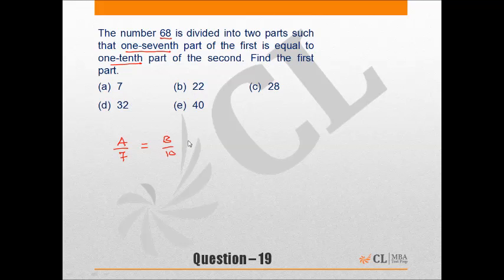Now this implies that A has to be lesser than B, or A has to be the smaller part and B is the bigger part. Those of you who are not very clear about it, most of you would write A by 7 equal to B by 10 equal to K. That means A has to be 7 times K and B has to be 10 times K. Or A has to be the smaller part while B will be the bigger of the two. The moment you say that A has to be the smaller of the two, that means my answer should be,